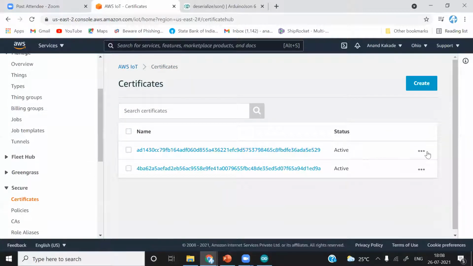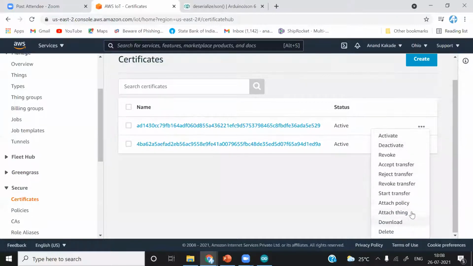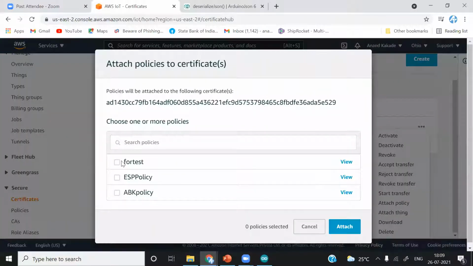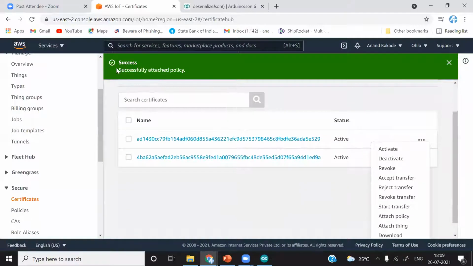To attach policy, click here and scroll down and see here option attach policy. Simply click on it, and then a list will appear. From that list, select the policy you want to attach. So we have created this policy, and we will attach this policy. Okay. Successfully attached the policy.